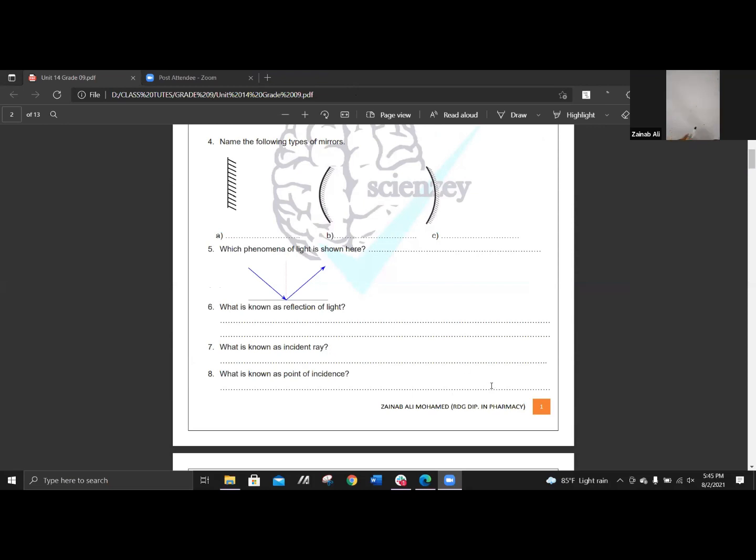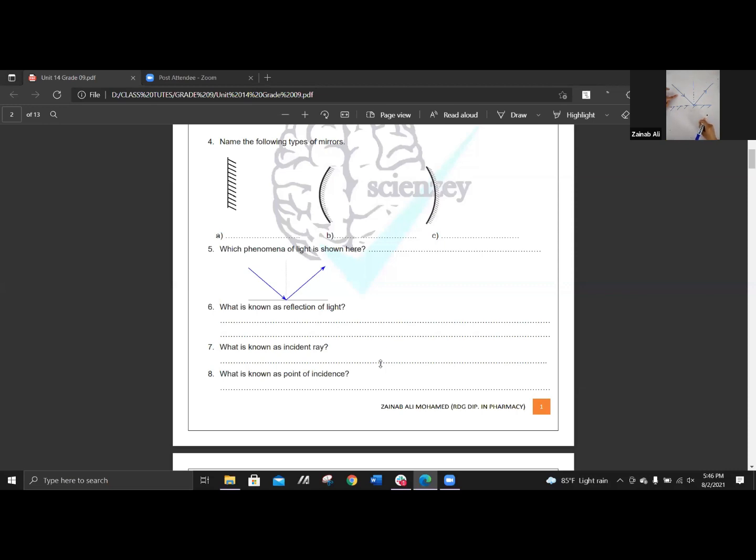Okay, so now let's say I am drawing a plane mirror. Let's say that this is a plane mirror. I am drawing a line like this, and a line like this, and a line like this. Now tell me everyone, what do you name this light ray? You can reply through the chat box. I am asking only about the light ray, not the incidence, what is happening totally. Yeah, very good.